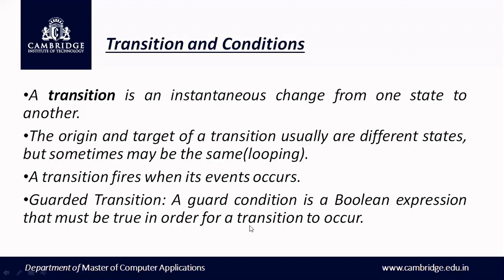So here, whenever the transition occurs based on some condition, we call that condition the guard condition and the transition the guarded transition. In a regular transition, the change in the state happens when an event occurs. Here in a guarded transition, the change in the state occurs when the guard condition is true as well as the event is occurring, right? So that is about the guarded transition.